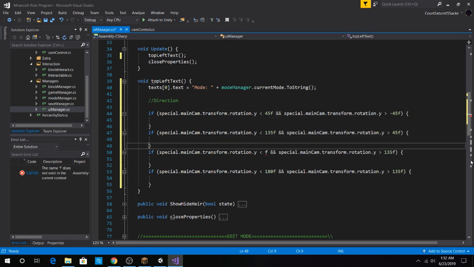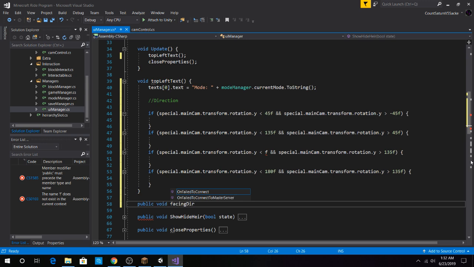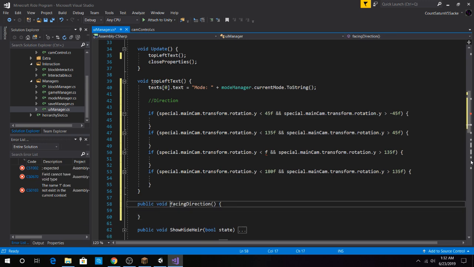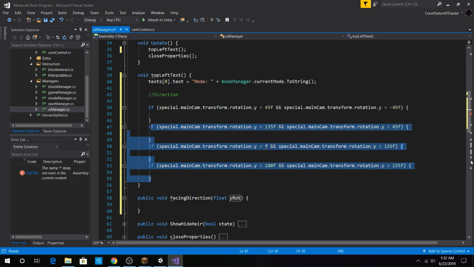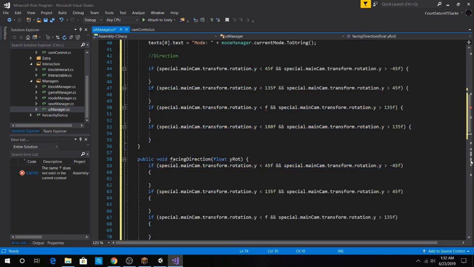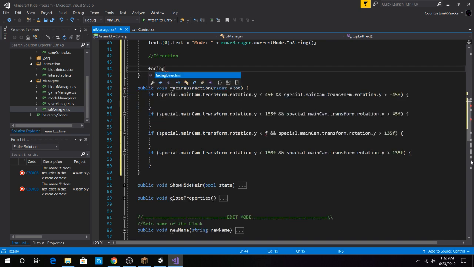This better fits as a function of its own. So public void FacingDirection, and we'll pass in a float, the rotate y rot. I'll call it y rot. There we go. And what it will do is we'll do this all the same exact thing. However, instead of that, we'll do facing direction,